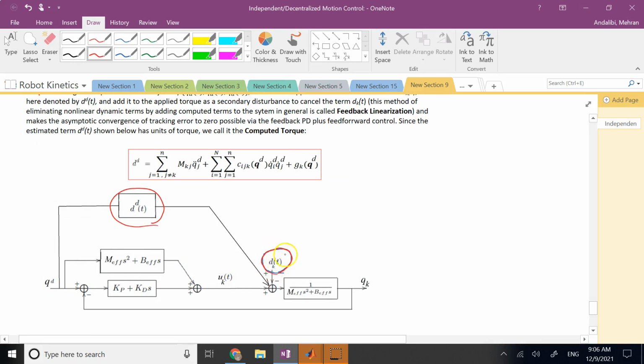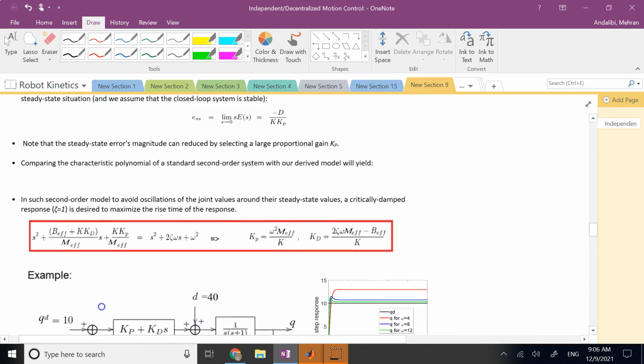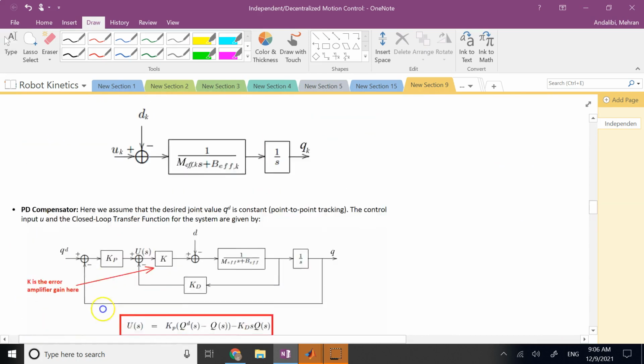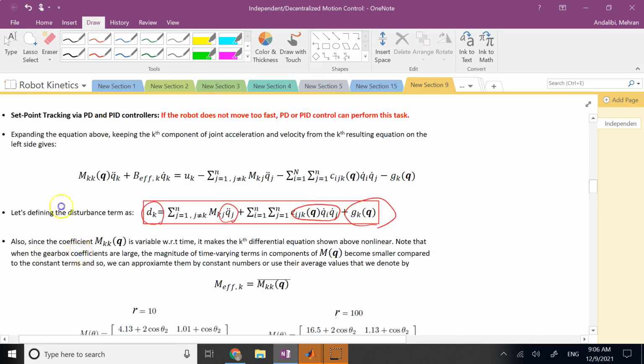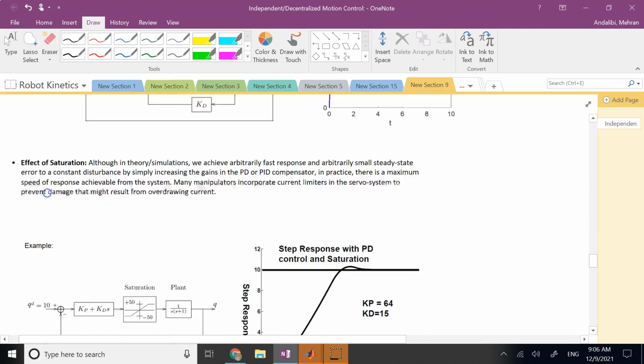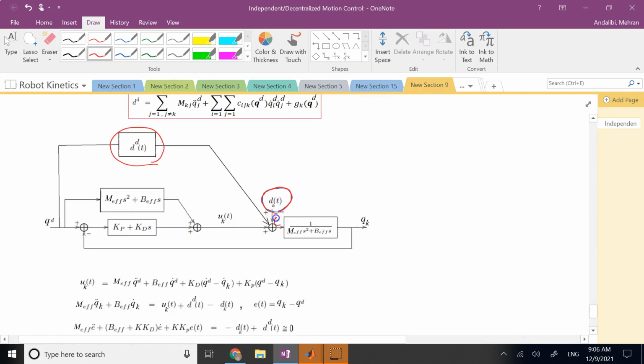Because I know how to calculate DK, right? If you look at DK, it is the effect of what? It is the effect of other angular accelerations. It is the effect of the centripetal and Coriolis accelerations, and the effect of gravity. So I know exactly how to calculate DK. So if I can estimate this DK and pass a negative version of that, or a positive version of that, because here the DK itself is negative,